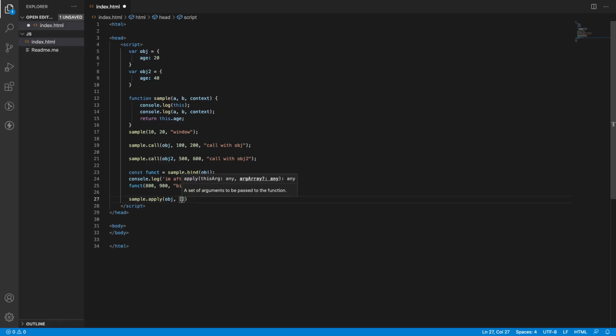Let me pass 600 comma 800 comma from apply obj context. So save it. And one more thing is, it will work the same as the call method, so this will be executed directly without any external call. The only difference is that the real parameters will be passed in the format of an array, whereas in call we pass them directly without an array.